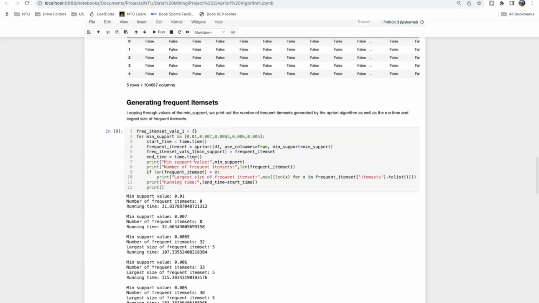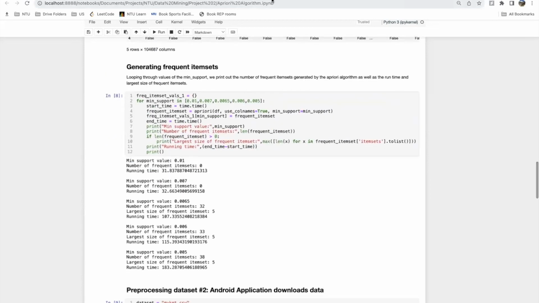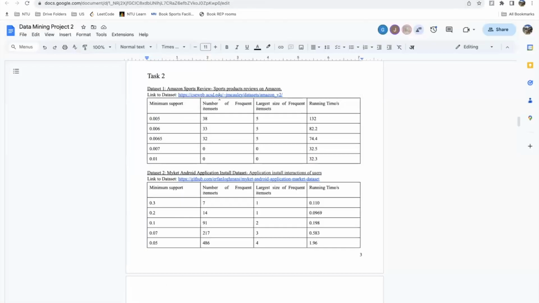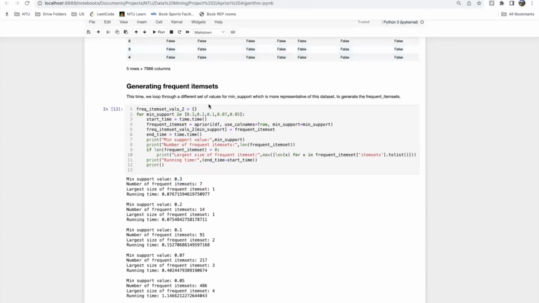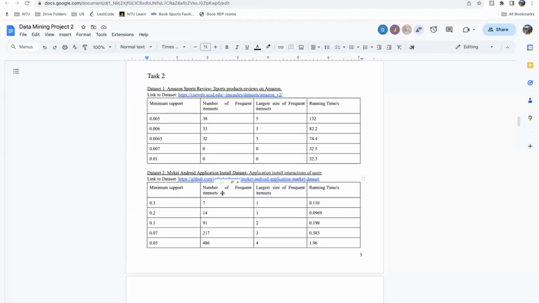We then generate the frequent item sets, and the results can be seen in our report in this table. We show the minimum support, number of item sets, largest item set, and running time. Next, for the second dataset, we perform a similar action. We read in the dataset and generate the frequent item sets, and the results can be seen in this second